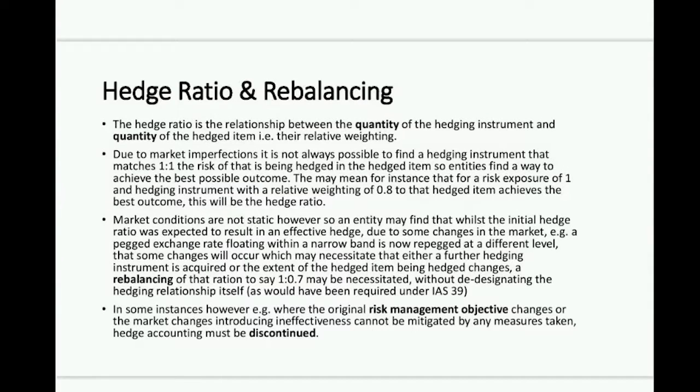Anything that's outside of the hedge ratio relating to the hedging instrument is then treated as just an open derivative and goes into P&L, recognized as if it's not part of an overall hedging relationship, because it's outside of my hedge ratio. Anything that is within my hedge ratio is then accounted for in terms of hedge accounting. So let's say I got to my ratio of 1:0.8 because I did some back testing, etc., and that's the ratio that's come out at that point in time.